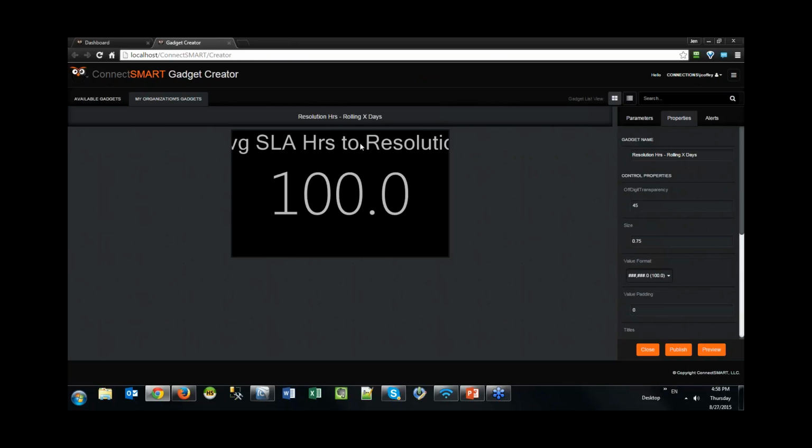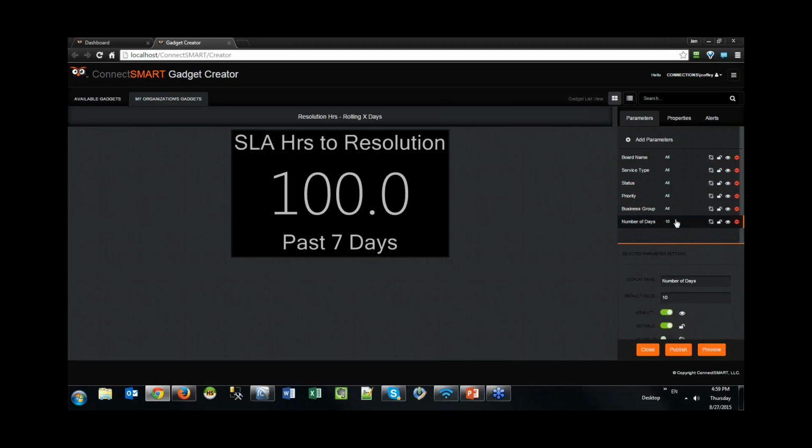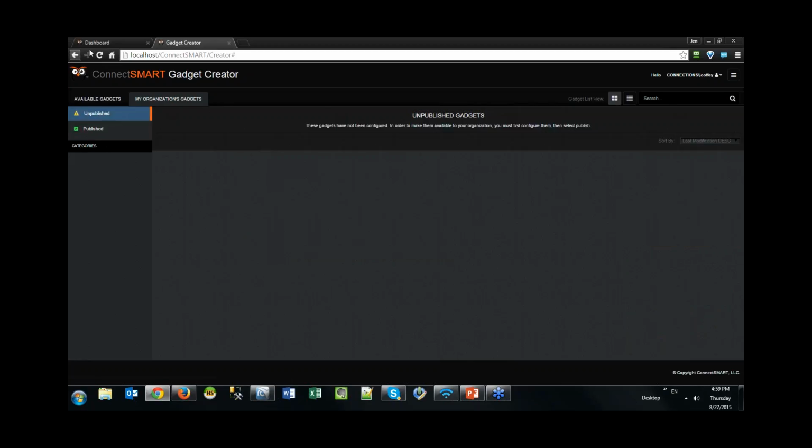So as you see, this one's average SLA hours to resolution. It doesn't fit that well, so I'm going to get rid of it. And I'm going to go ahead and say that this is the past 7 days because I'm going to set this gadget to have 7 days on it. And I went ahead and I updated that,